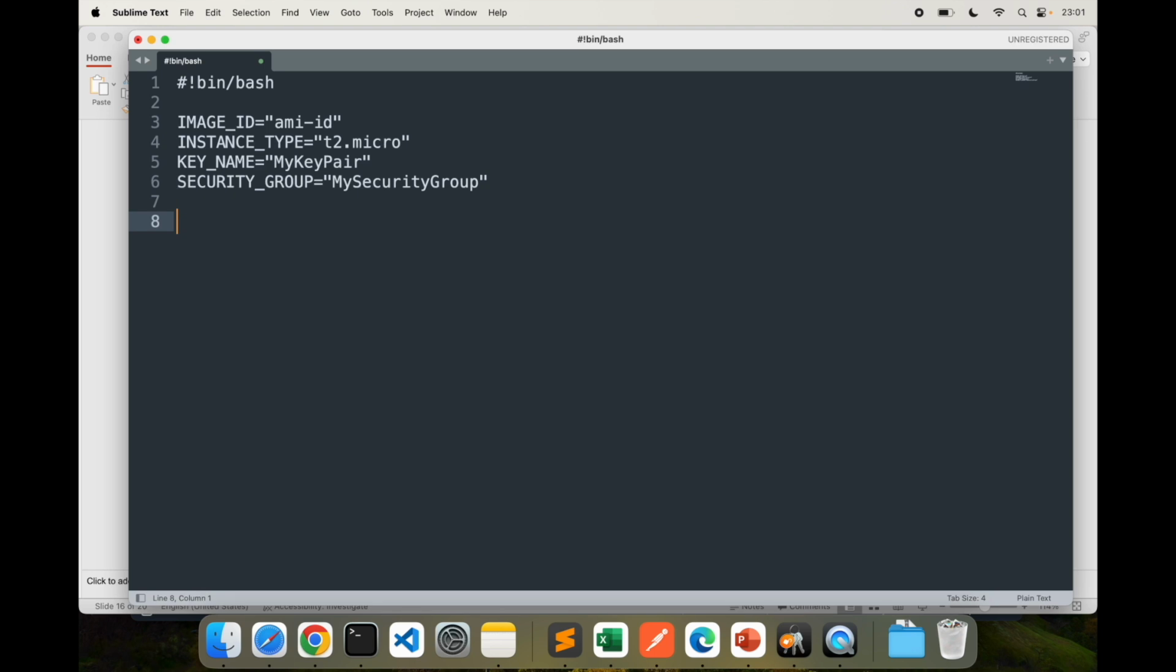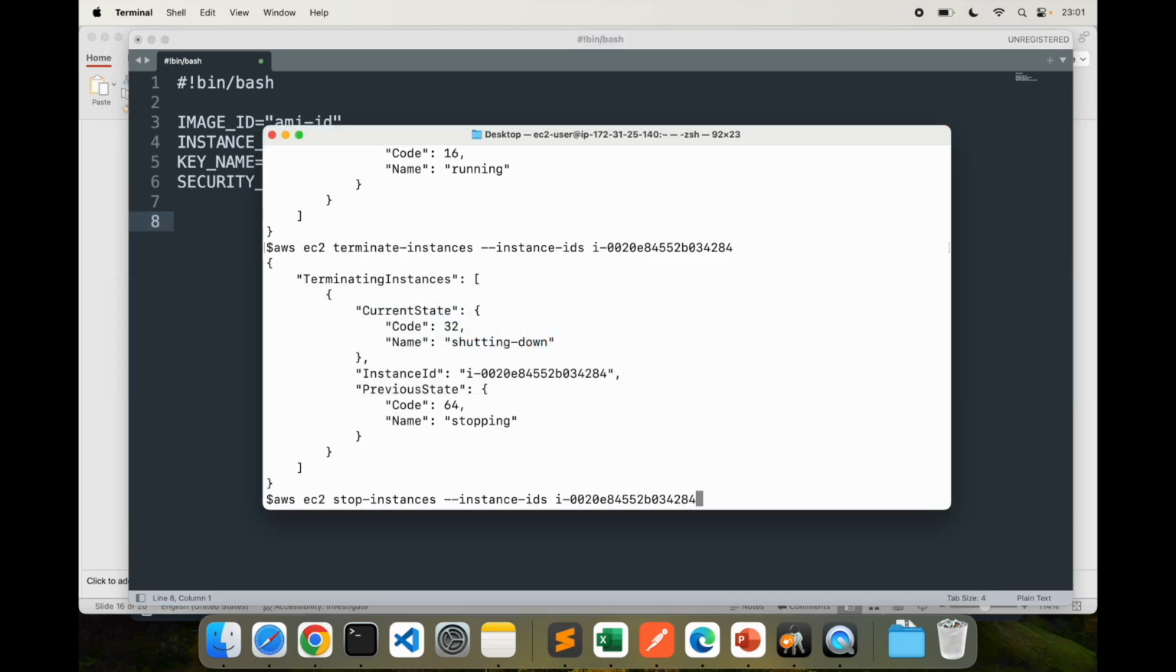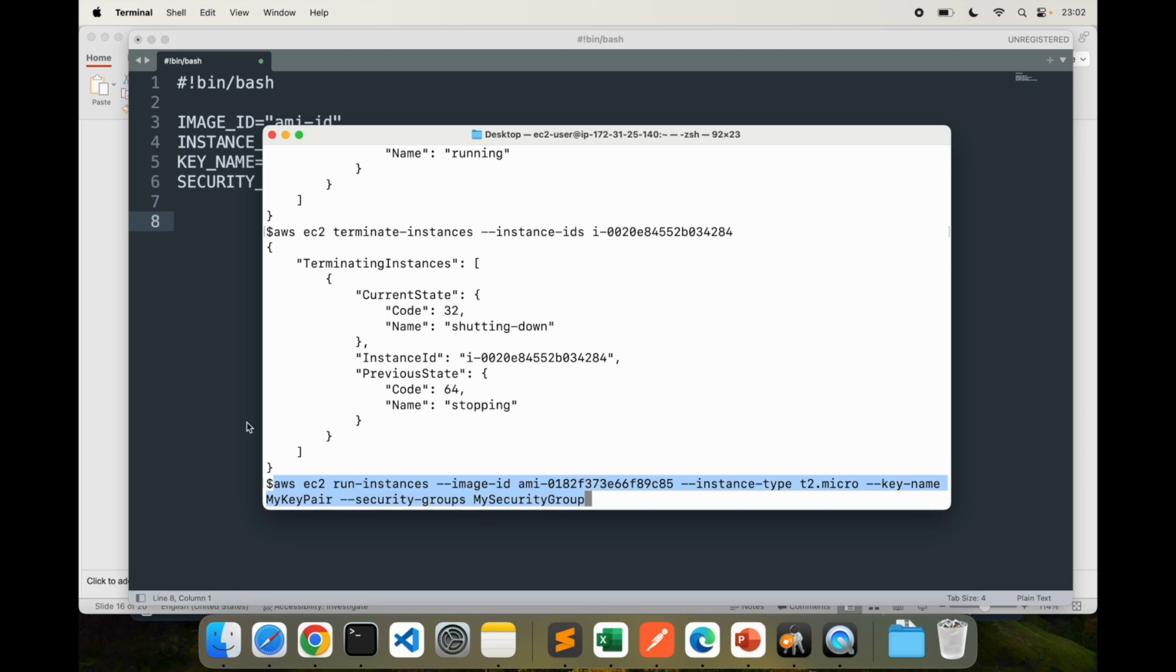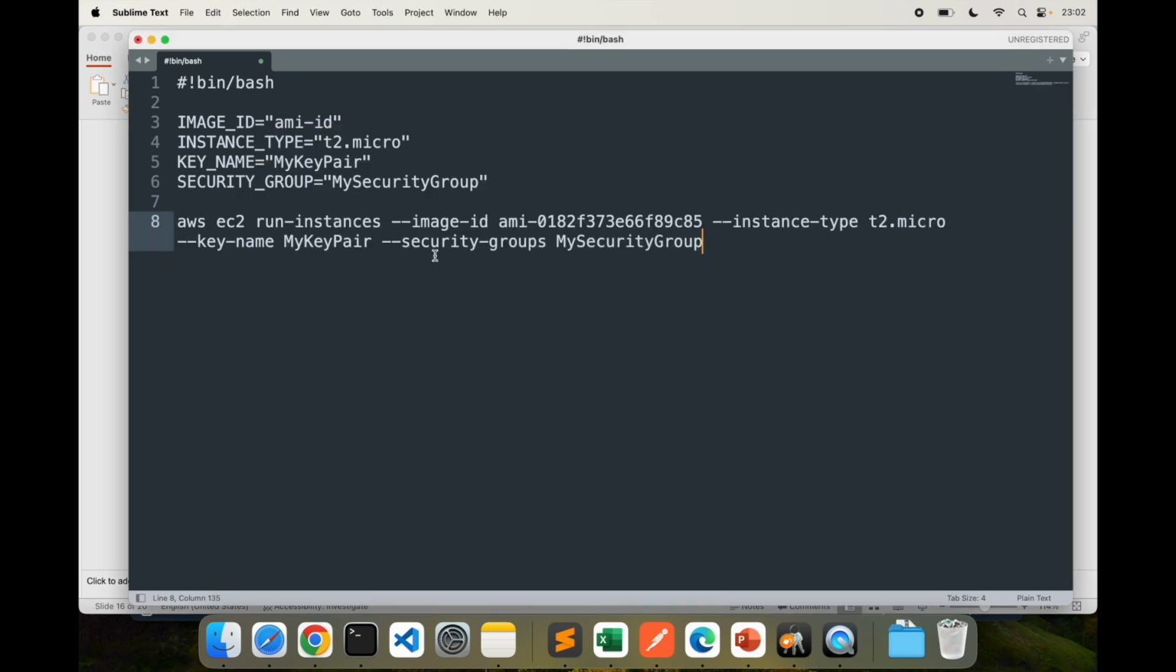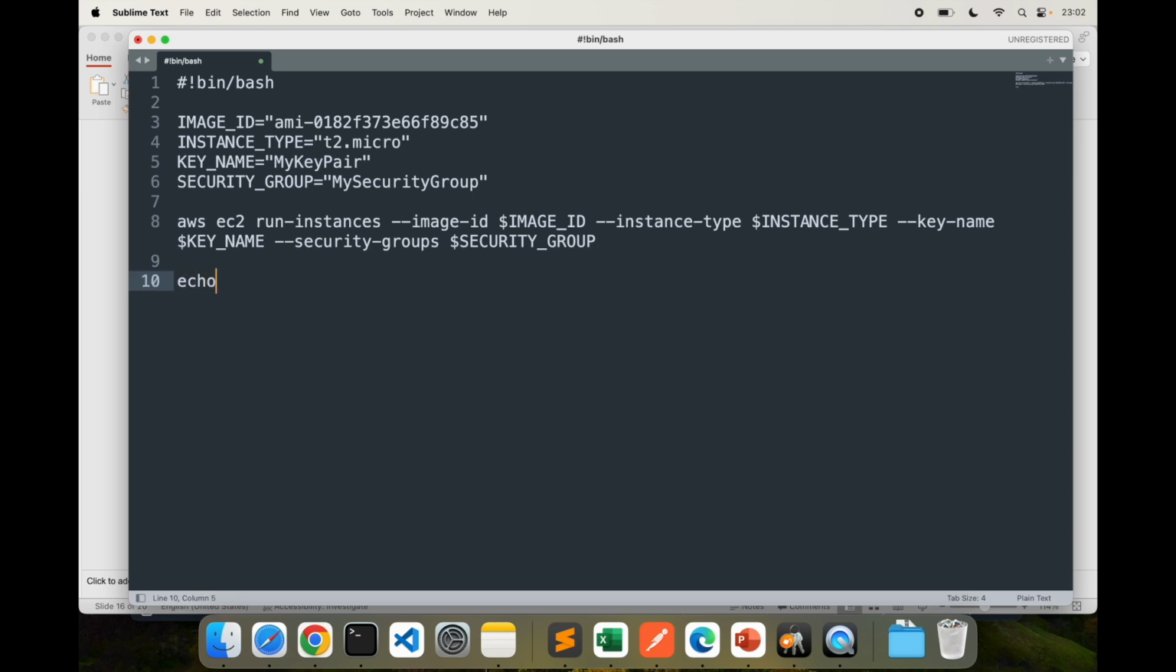And now to launch an EC2 instance, if you remember that command, we can always go back here, run instances, this one, copy this, paste it here, aws ec2 run-instances --image-id. Now this, you can take and put it here saying $IMAGE_ID. That's how you give variables. Instance type, instead of using this, I can use the $INSTANCE_TYPE. Key name, you can give that key name that we created here, $KEY_NAME. Security group, pass that security group here, and then I can just say echo